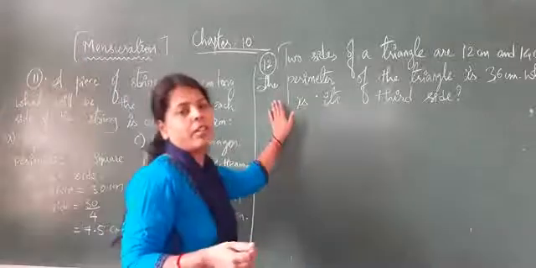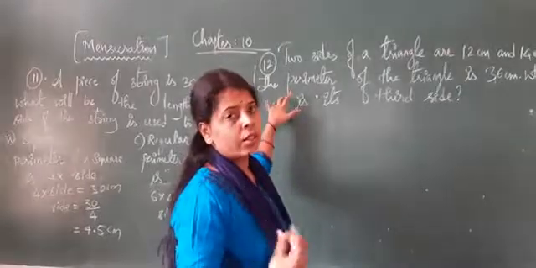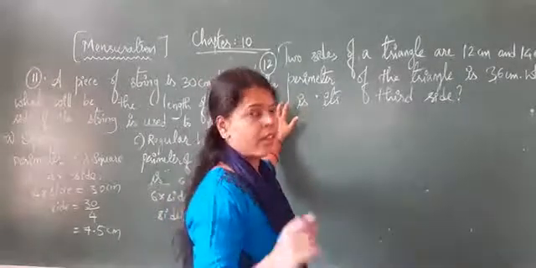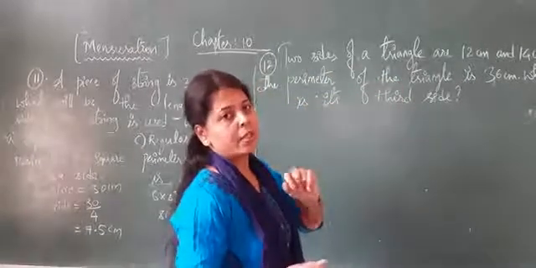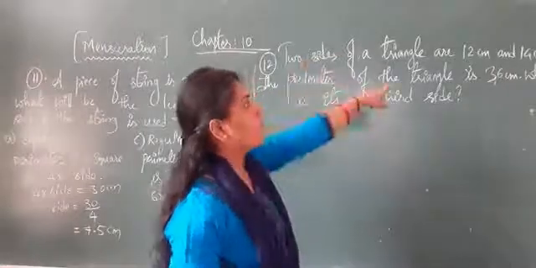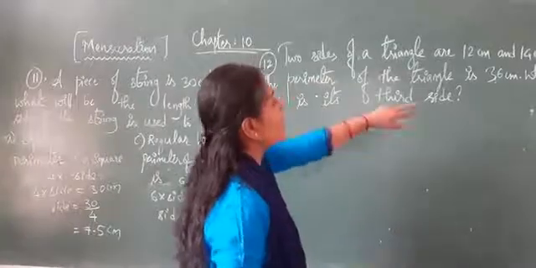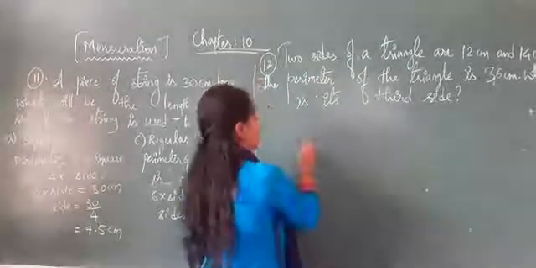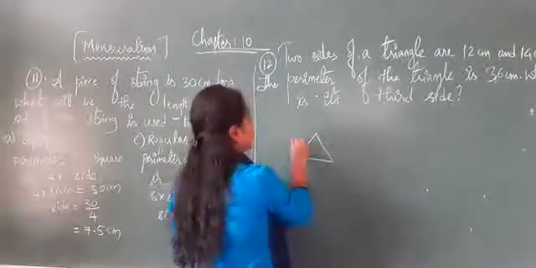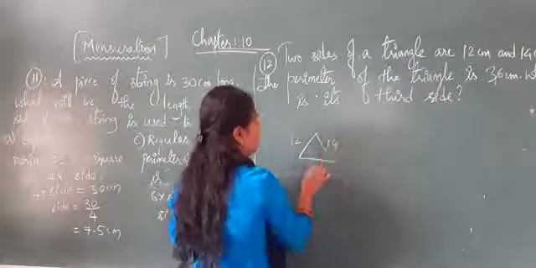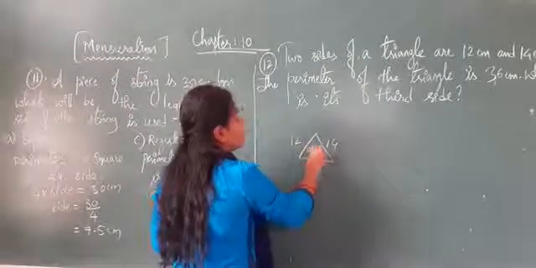So the next question is given based on the triangle perimeter here. So here it is given with the scale and triangle, that is, all the 3 sides are equal. Okay, we will see the question, we will understand this. 2 sides of a triangle are 12 cm and 14 cm. So 2 sides are given, you can see there. The perimeter of the triangle is 36 cm. Means as we already know, in a triangle we have 3 sides. So what they have done is they have given you the 2 sides, 12 and 14. The third side is not given. And one more thing they have given you is the perimeter of the triangle.